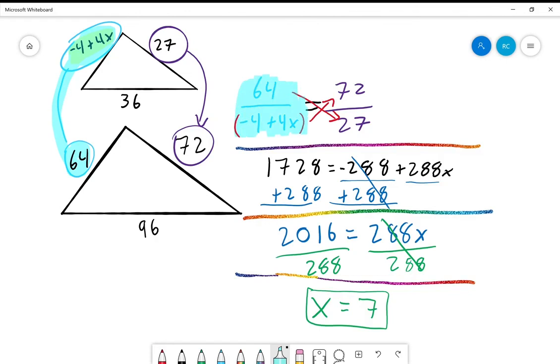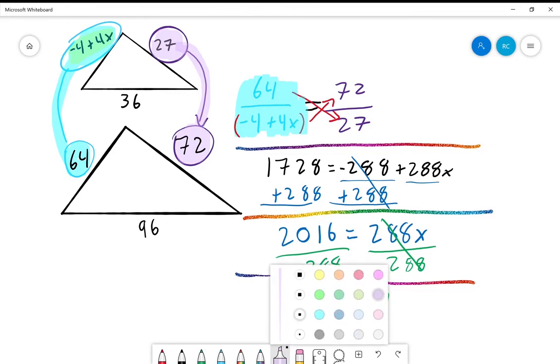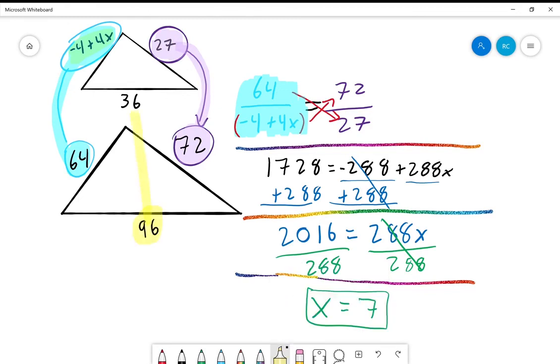That wasn't the only way we could have done it, but that was the way I chose to pursue this. We did the same thing with 72 divided by 27. We could have totally used 96 divided by 30,